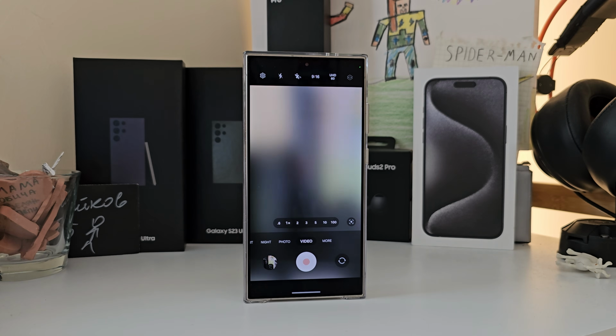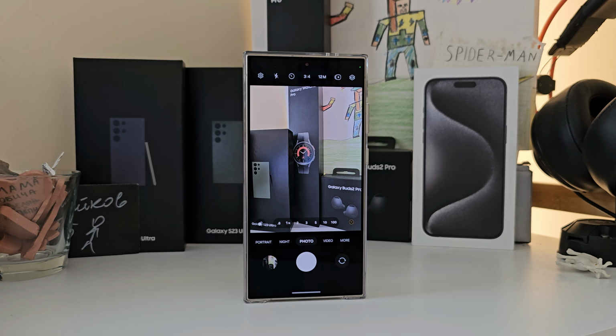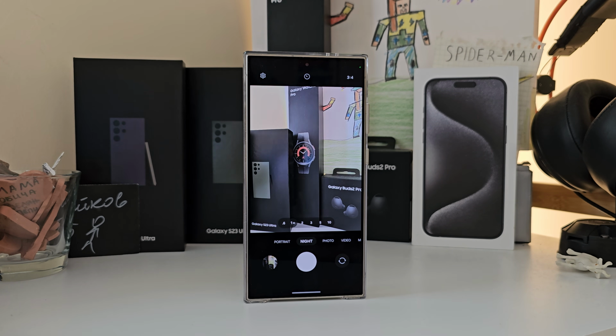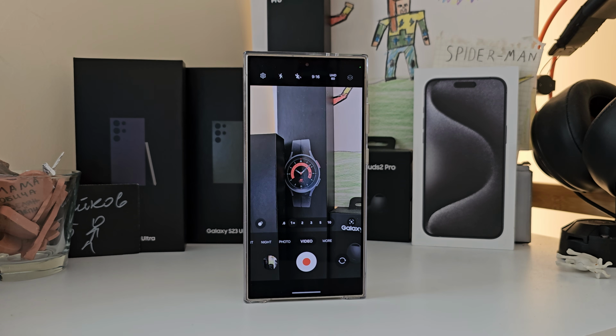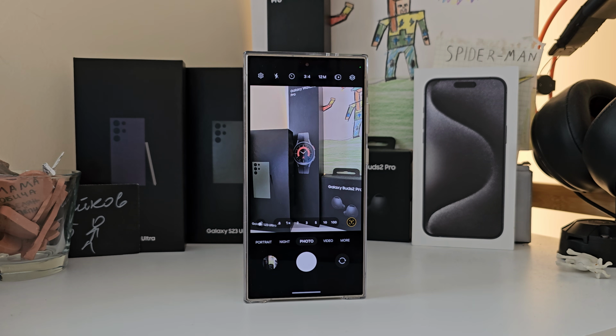This here is my Samsung Galaxy S24 Ultra, and I've opened the stock camera. If you have had enough of using the stock camera, in this video I'm going to show you how you can very easily and conveniently install one of the most popular Google camera mods, or at least the one that I use on my Galaxy S24 Ultra. Also, how to set it up and what other tools you can use to enhance your